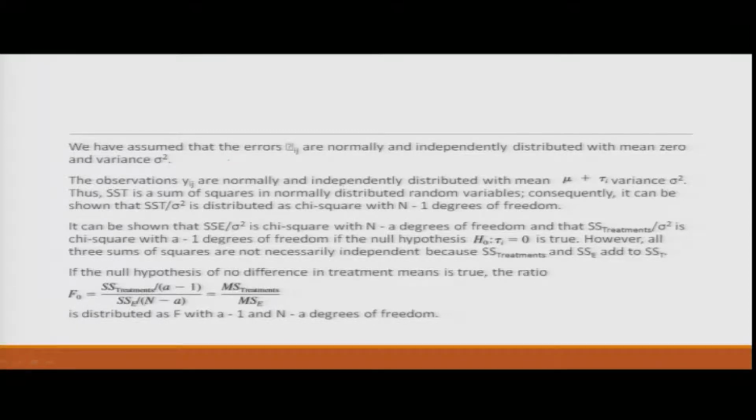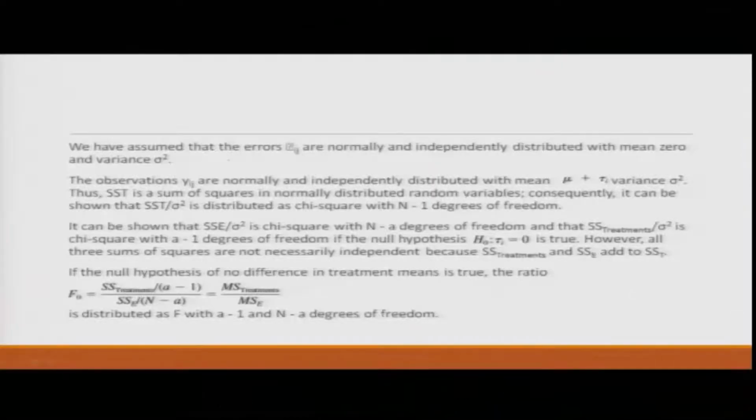However, all the three sums of squares are not necessarily independent, because SS treatments and SS errors may not be independent, for the reason is very simple: SS treatments plus SS errors is equal to SS total. If the hypothesis of no difference in treatment means is true, then the ratio would be given